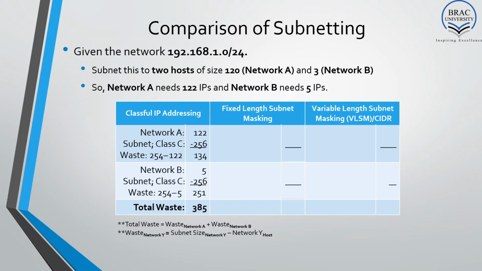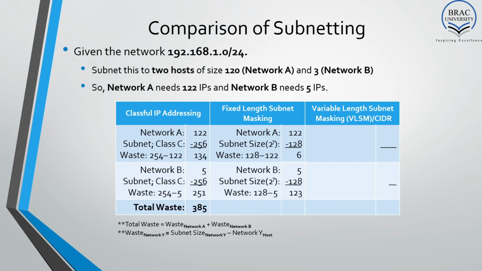That's a lot. In fixed length subnet masking, we again have the same networks, but this is the largest one, the 122. So we have to have 128 IP addresses, which is 2 to the power 7, and hence we have a loss of only 6 IP addresses. And network B needs 5, and because in fixed length subnet masking the subnet size must always be the same, we have to give 128 here as well, since we gave 128 to network A. And here we have a loss of 123 IP addresses, and a total of 129. Now if you compare these two, see the waste came down from 385 to 129, but we are greedy,